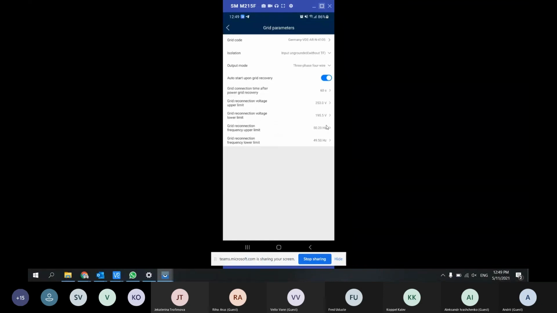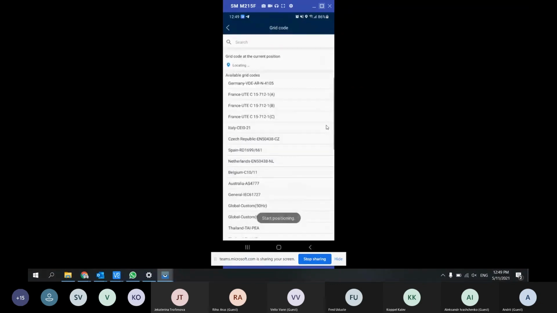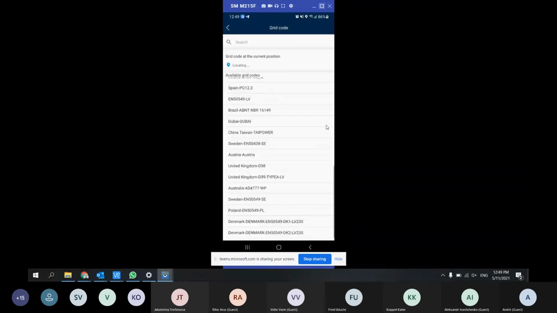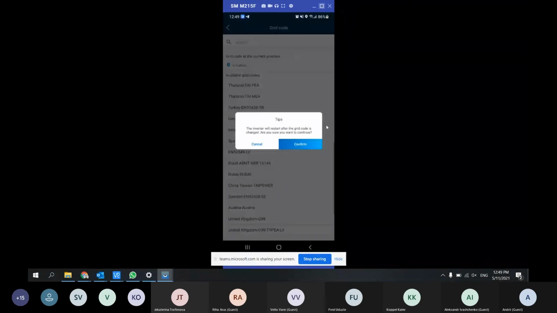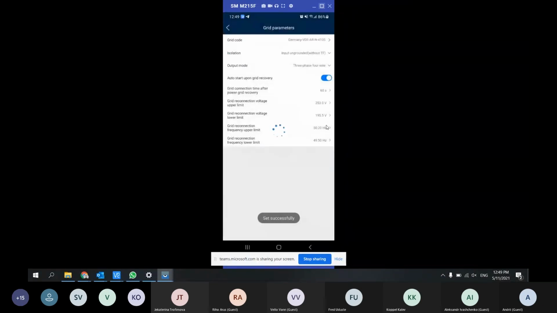Okay, so it has already changed the parameters, and we'd better choose back this grid code, and we can set it back with all the settings needed.